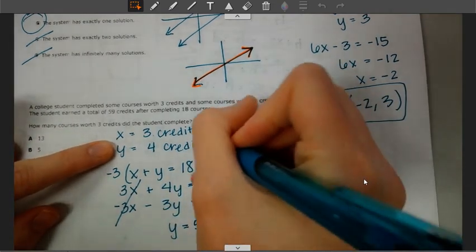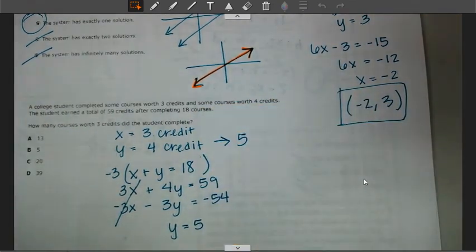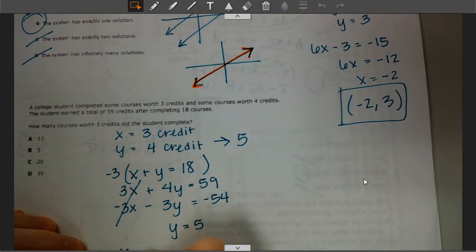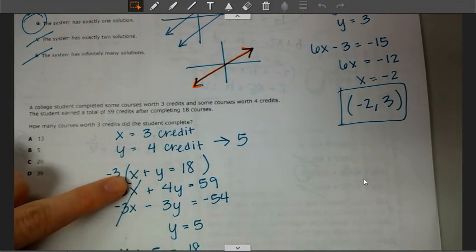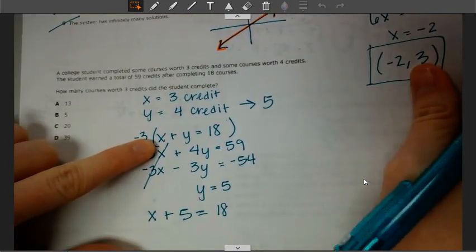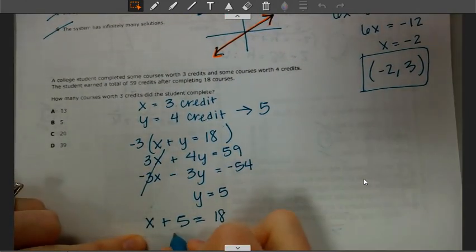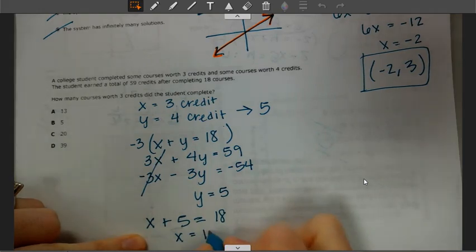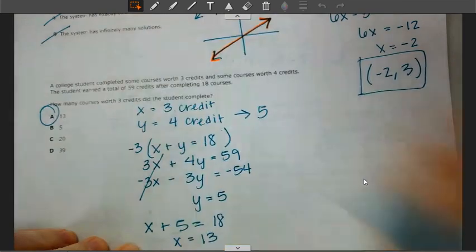So we said y was our 4 credit courses. I took 5 of them. So now we have x plus 5 is equal to 18, plugging into our original equation. So subtract 5, x is equal to, well, 18 minus 5 is 13. That would be answer choice